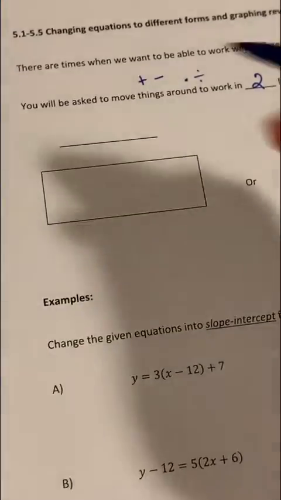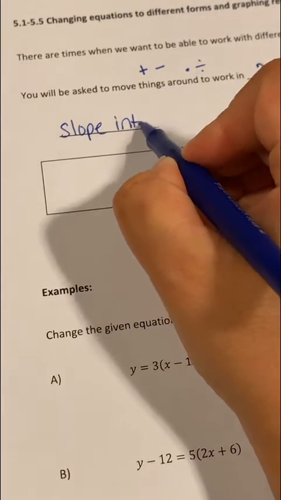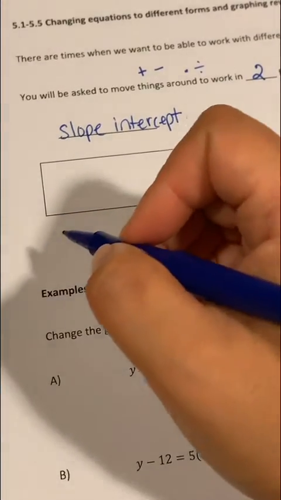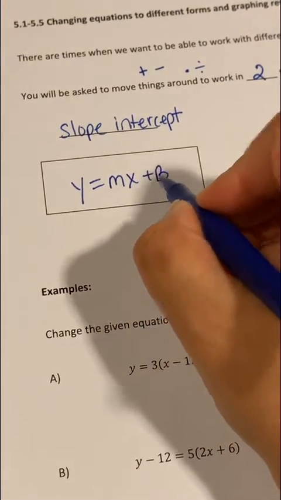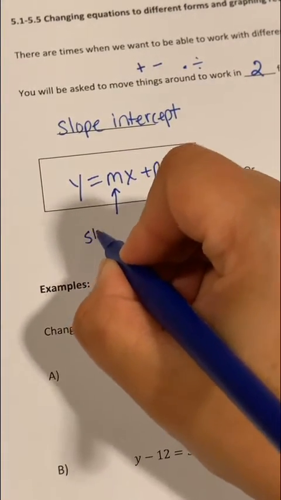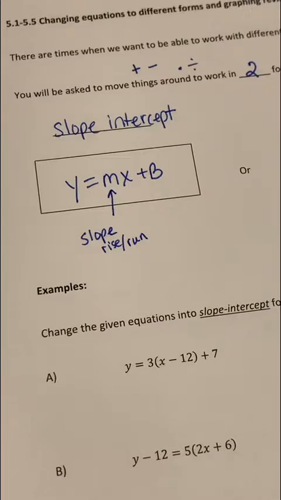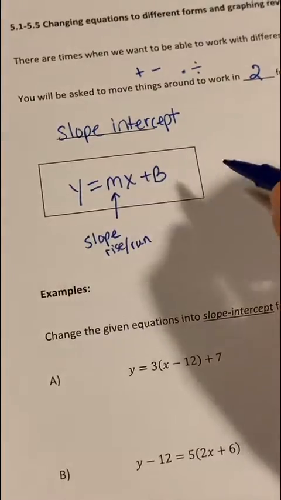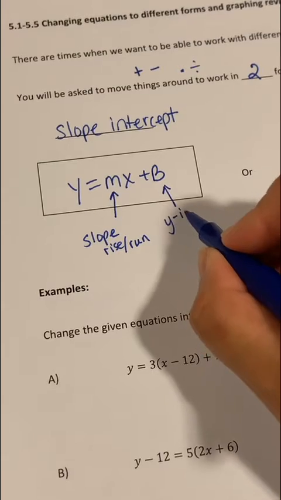So the first form is referred to as slope-intercept. And this usually comes up a lot when I say, what's the slope? Y equals mx plus b. I'm sure that's totally familiar. Where m stands for the slope, it's the rate of change, it's the rise over the run. When you make a graph, it's how fast it goes up versus how fast it goes side to side, or how fast it falls. So we have a number here for slope, and then we also have this number here for the y-intercept,